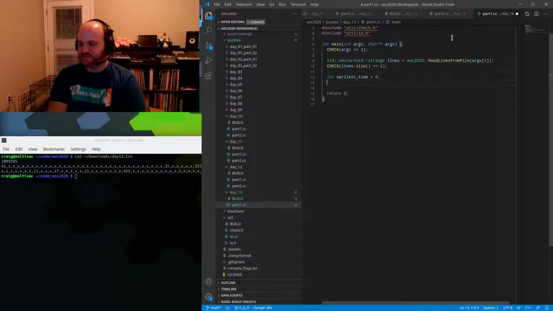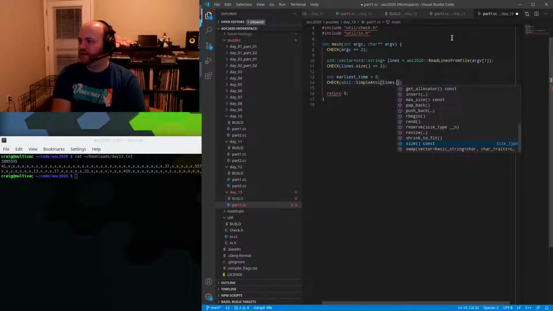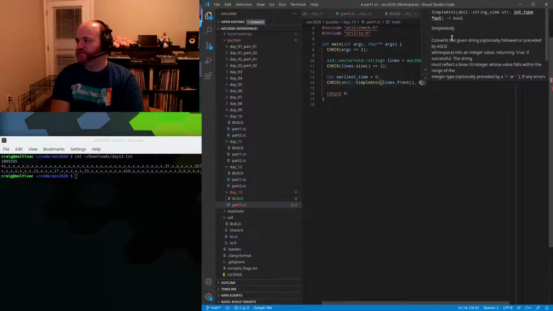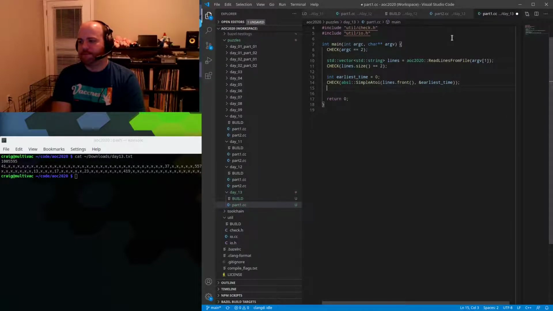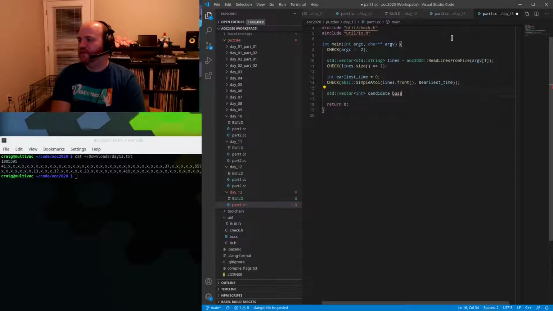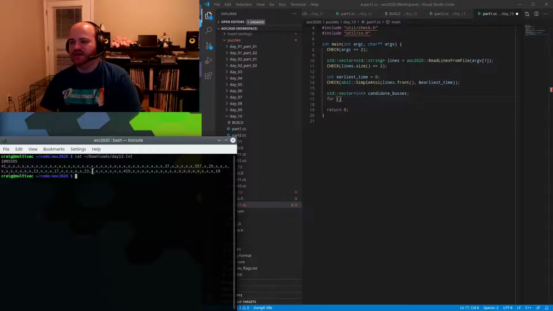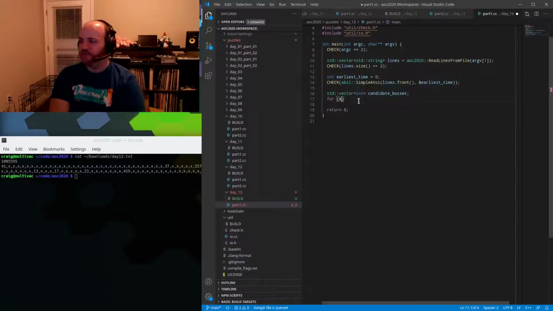first thing is we'll parse the earliest time, so we'll say check absl simple atoi to read the first line into that earliest time. And then we'll have our candidate, we'll use a vector to represent our candidate buses. And then for each of these bus IDs in this comma delimited list, we will attempt to parse them as an integer, and if they don't parse, if they're just an x, we'll leave them alone. I have a feeling we're going to have to figure out something to do with these x's in part 2, though, but for now,